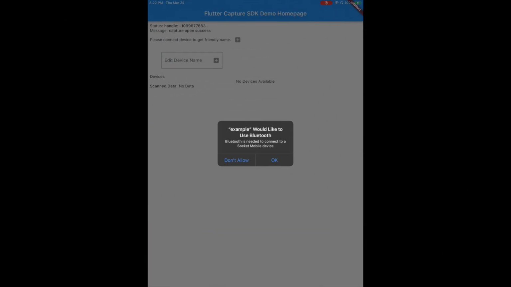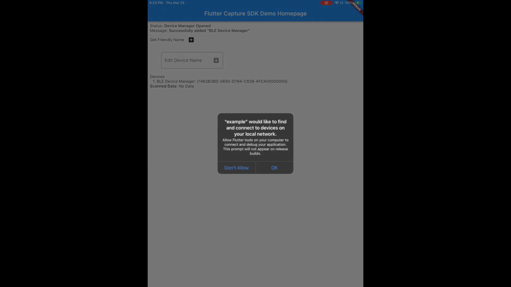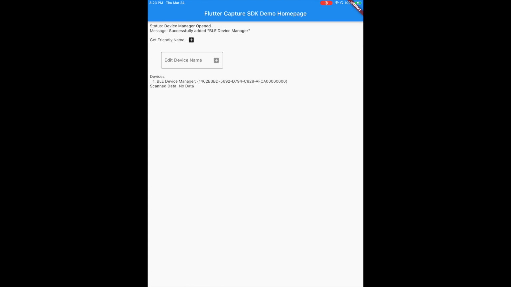Okay, so this is basically what your app first looks like after you do flutter run and then select, if you have multiple devices connected, your tablet or your iPhone. This is what it looks like on an iOS device. Example would like to use Bluetooth. Okay. And then example would like to find and connect to devices on your network. Okay. So this is an example of a device manager. This is from a previous connection. But for now, I'm going to be connecting